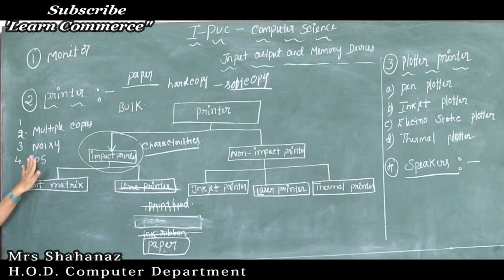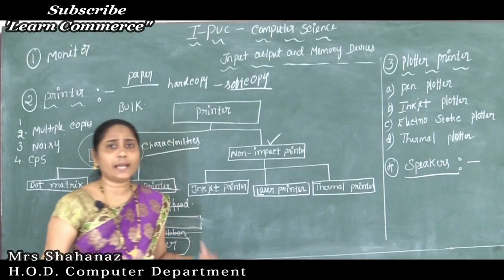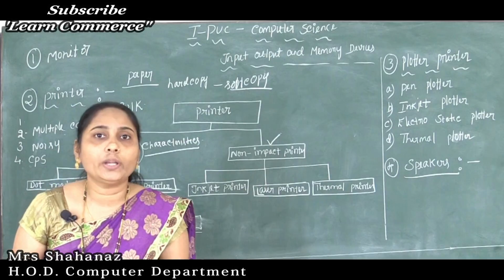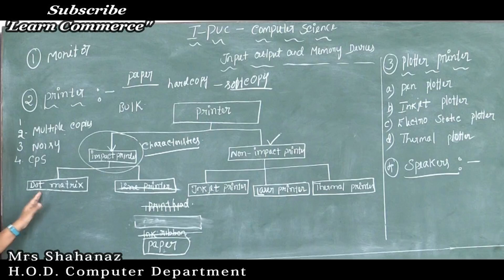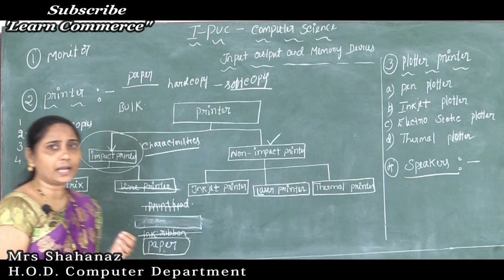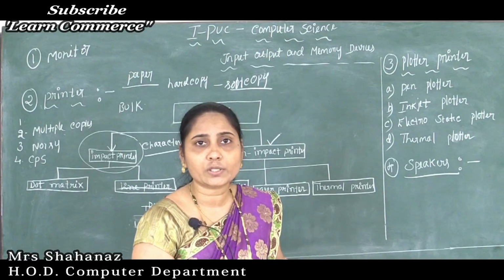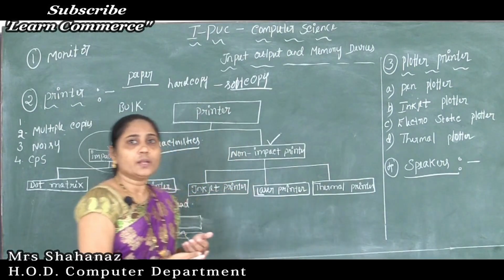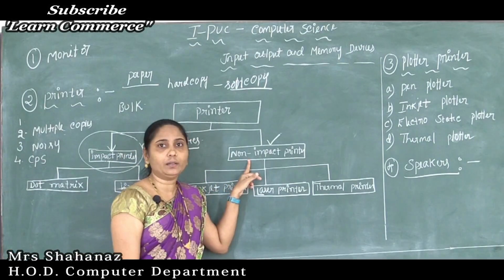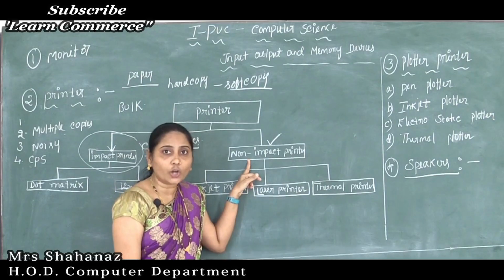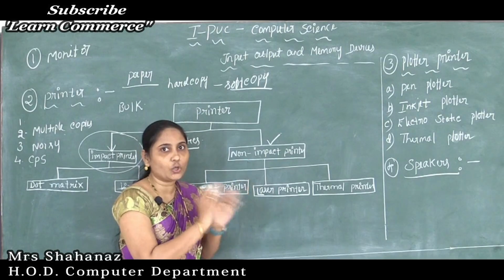Okay, after completing the impact printer, now shall we select the next thing, the non-impact printer. In this case, is there any print head, is there a ribbon? But sure, we can say the paper is there, correct? Everything is going to be produced on paper. So here in the non-impact printer, the print head does not make contact with the paper. There is no contact.